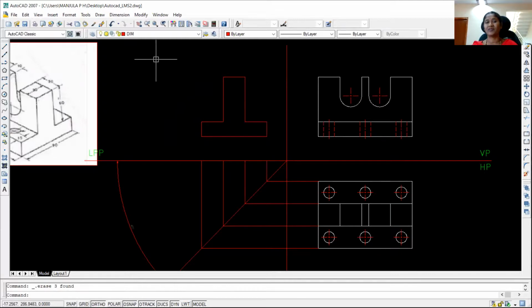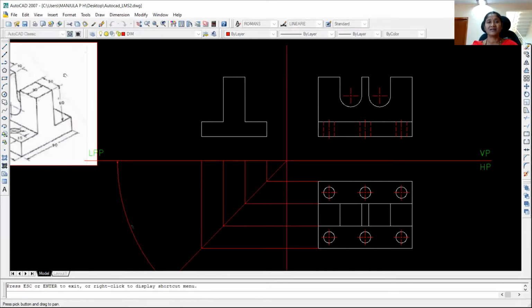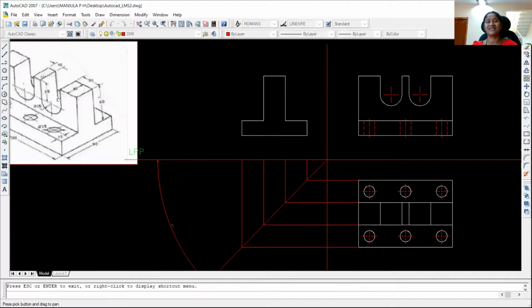So for that, select it, go to layers, click on the drawing. Okay, so I have made all the visible lines white in color. Now I'm going to draw a horizontal line from the front view and project it to the side view to indicate the base of this semicircle with a hidden line, since in the side view I cannot see the base of the semicircular slot. So I have to show it with the hidden line.